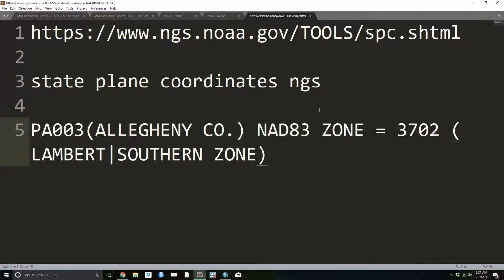So we have PA003 Allegheny County, which is the designation for Allegheny, and then we have our NAD 83 zone equal to 3702, or the Lambert/Southern zone. So that might not make a whole lot of sense to us right now. But if we pop into